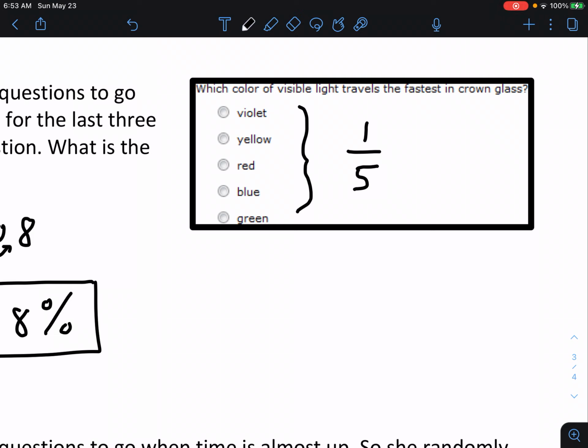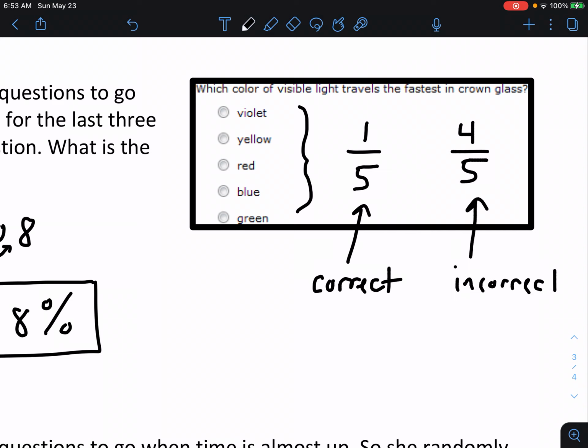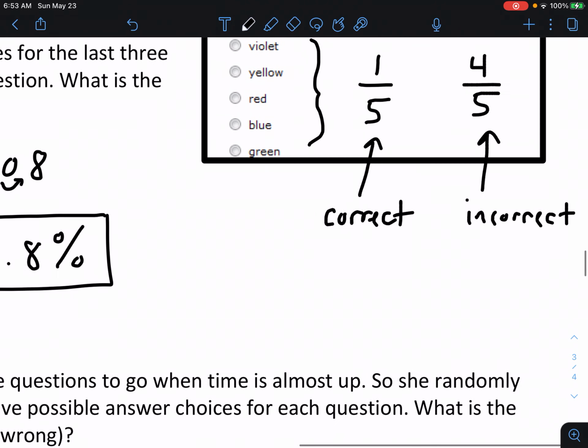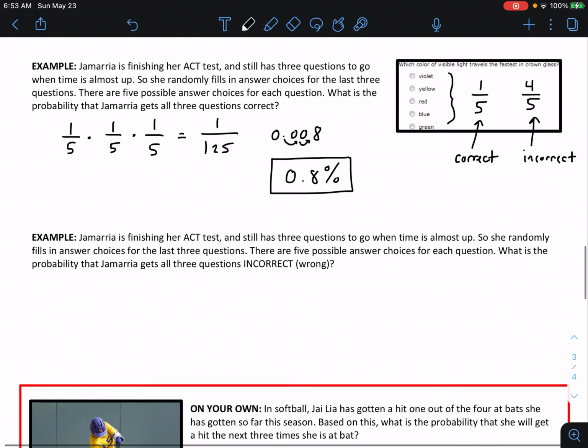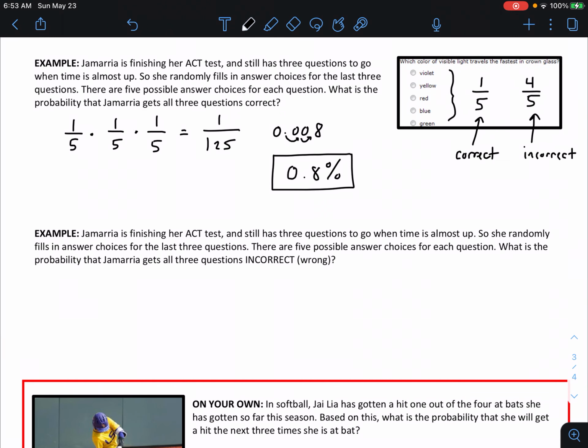So it's going to be 4 out of 5. So this is correct, or getting the answer right, and this is incorrect or wrong, right? Okay, so incorrect is the one we want to use here because that's the complement. And so we're going to multiply the complement times itself 3 times. So we're going to do 4/5